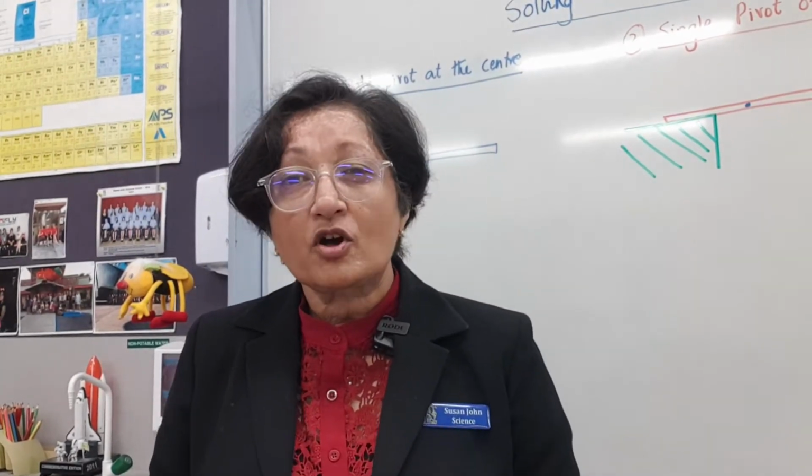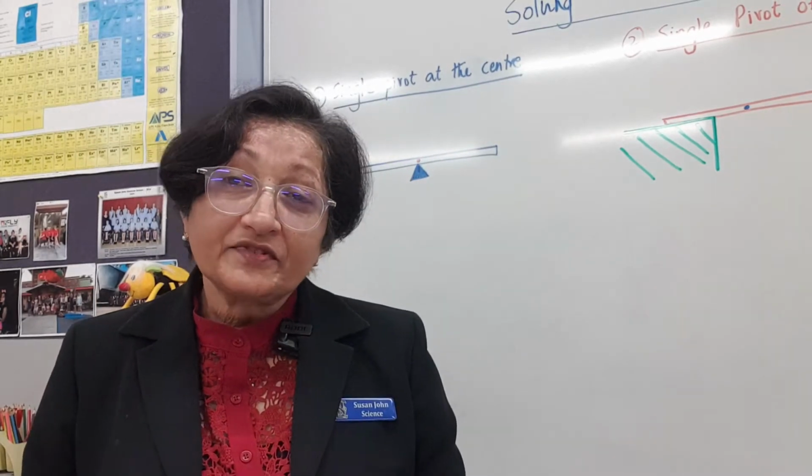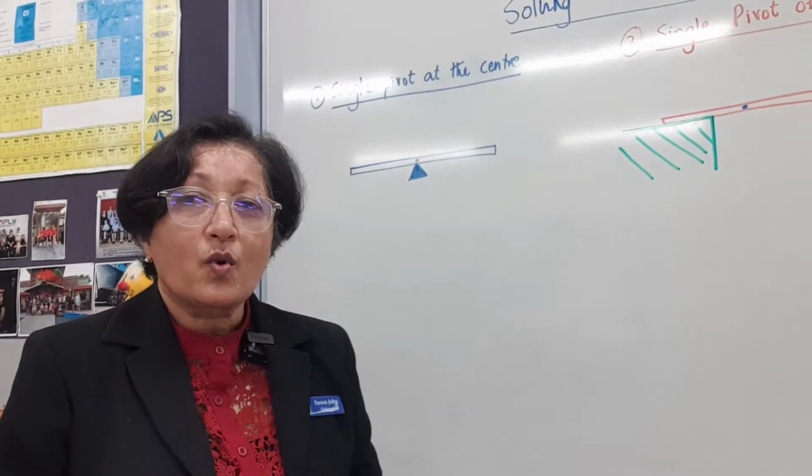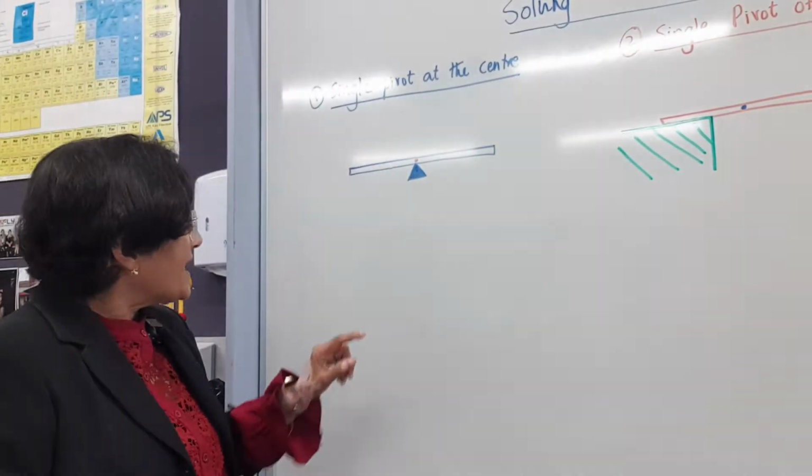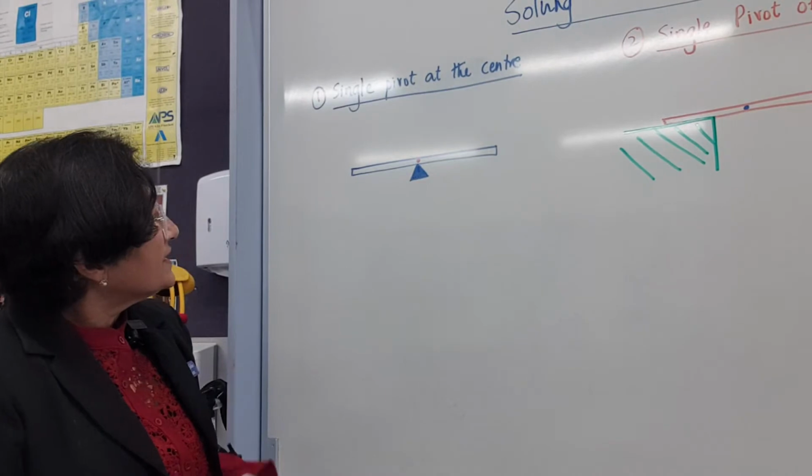This one is concentrating on solving problems on torque. Now there are three possible ways or types of questions based on torque. One of them is when you have the pivot at the center, and so the red dot is the center